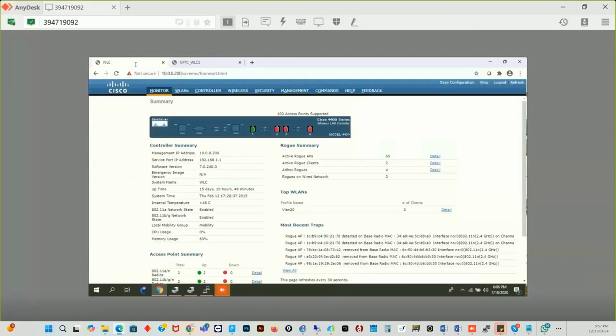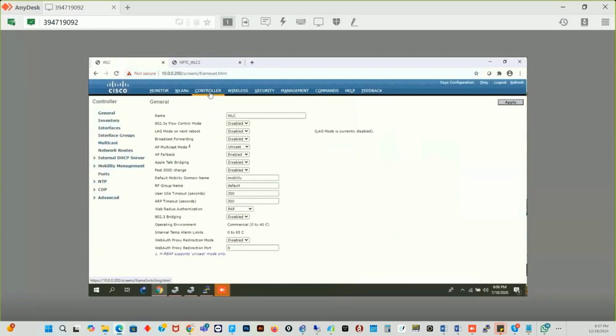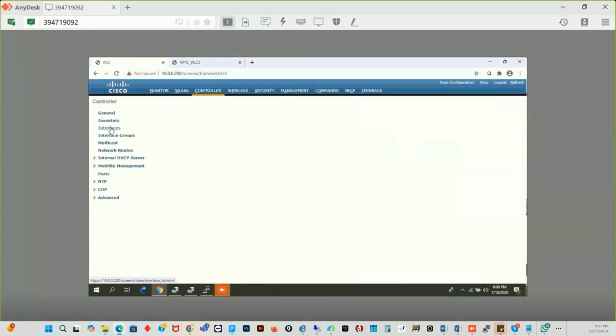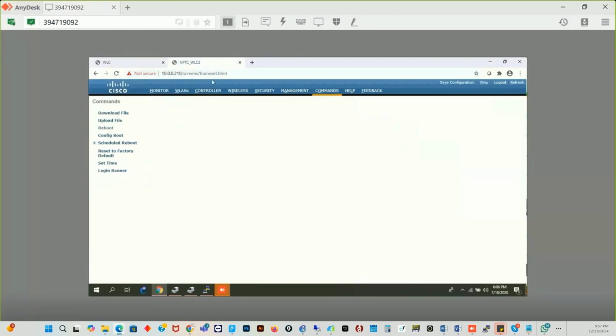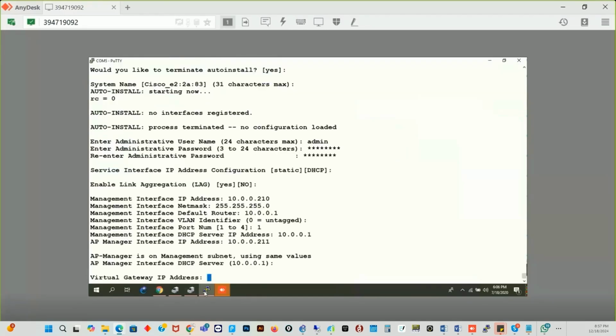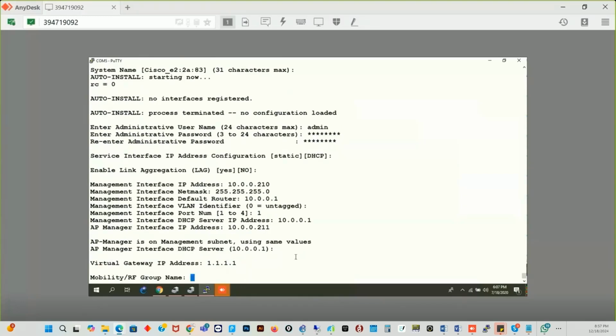So I'll check the one that I have here in terms of virtual IP address. My virtual IP address is 1.1.1.1. So I'm going to use this virtual IP address on this side. So I'll use 1.1.1.1. It's very important, for mobility reasons. So get the same IP address, unless your company has a different design. Most of the time, the virtual IP has a role to play in your mobility. And this one too, don't configure anything,